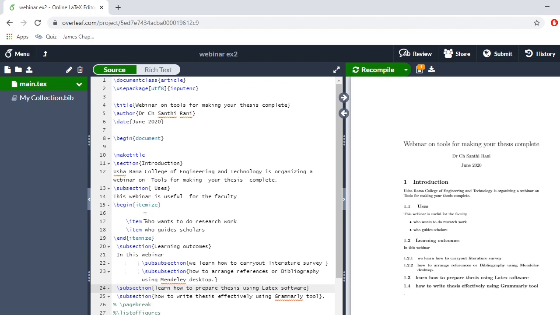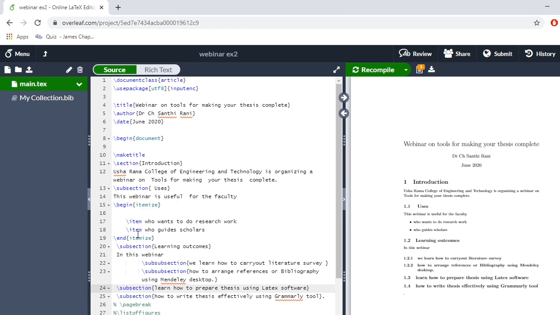This is the syntax: begin itemize and end itemize. These are the 2 commands you have to use. In between these 2 commands you have to write what are the items. Here as an example I have taken only 2 items. You can have any number of items.